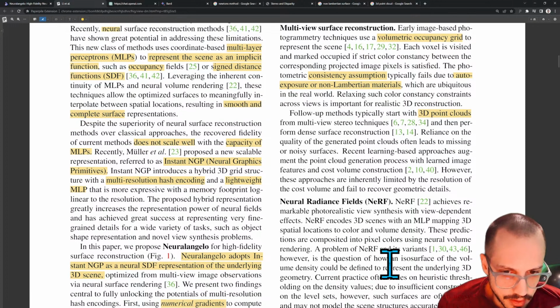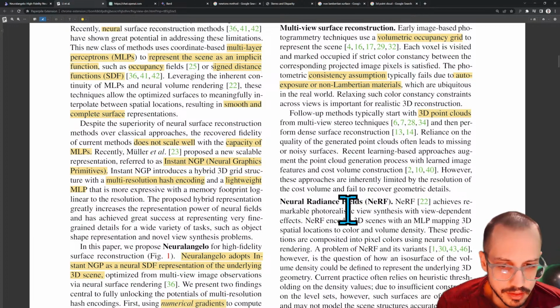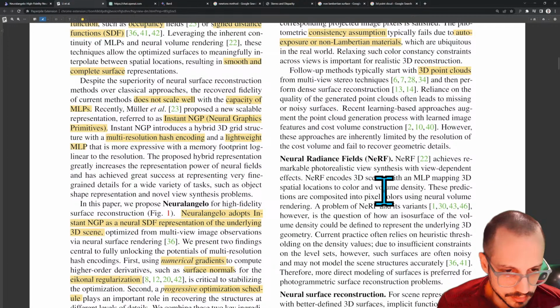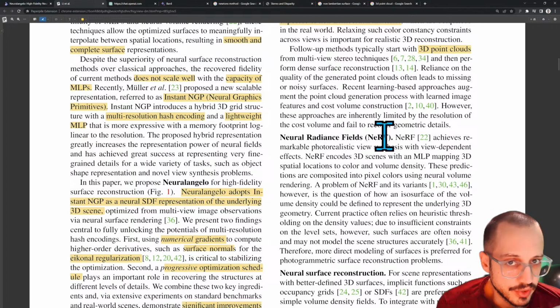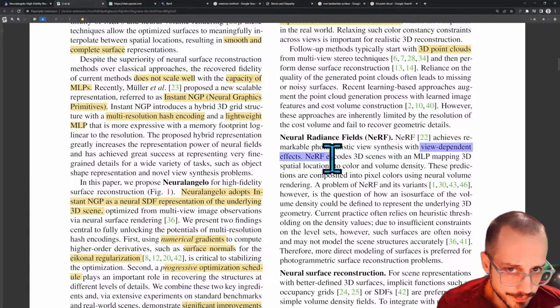Okay. Neural radiance fields, everybody's favorite neural network for 3D. NeRFs achieve remarkable photorealistic view synthesis with view-dependent effects. Right, so a NeRF encodes a 3D scene with a multi-layer perceptron mapping 3D spatial locations to color and volume density. So, let's see, I'm just reading this, maybe they define NeRFs better than I do. Pixel colors using neural volume rendering. All right, so